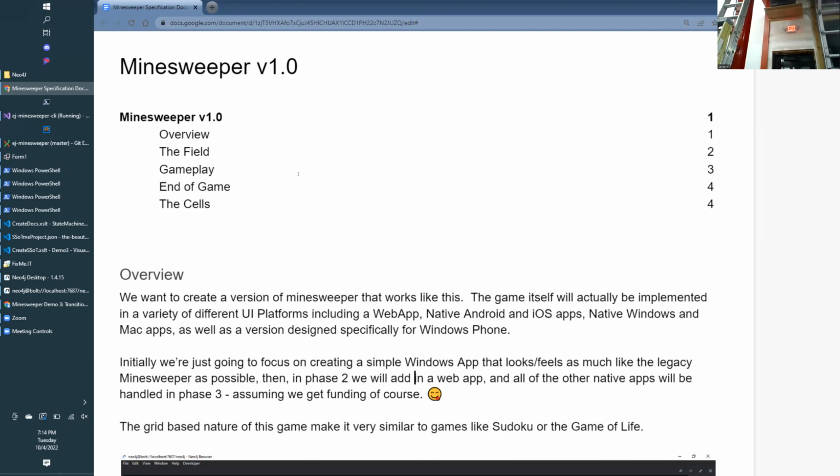So here, I don't know if you guys have played the game Minesweeper. Full game on Windows, grids, mines are hidden, you click, it shows you how many mines are nearby. You have to basically decode where the mines are and hopefully not click on them. So this document, if I were to go through the whole thing, is a full specification for writing a game of Minesweeper. And so this explains the plan for the project. And it explains that we're going to want a native Windows app, just like the original, but we're also going to want a web app and an iOS app and an Android app and maybe an app for Mac as well down the road in phases 2 and 3. So there's a bunch of English words that explain this plan.